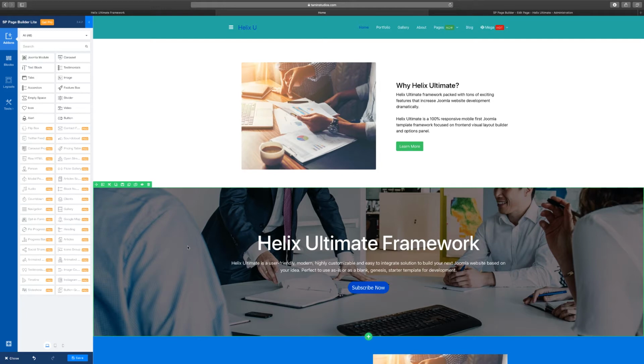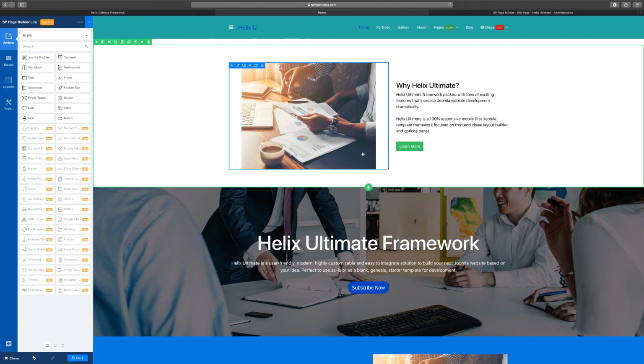When I first started creating a website with Joomla, it was really a hassle to do this. You had to go to the modules and move this. You had to do some CSS work. So it was a lot of pain. But they have really solved this problem for you, that if you want to rearrange your page,